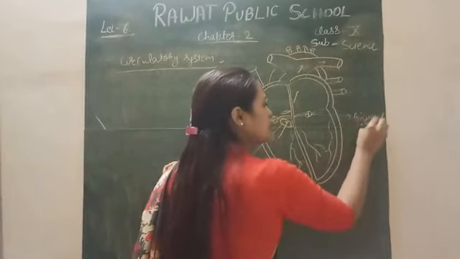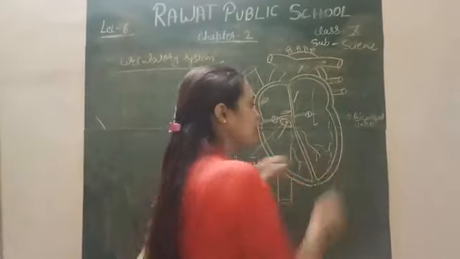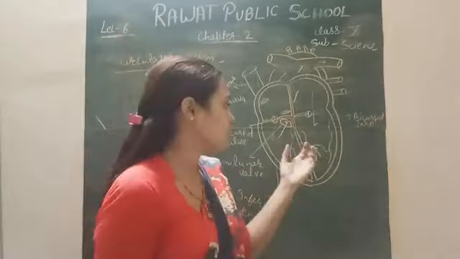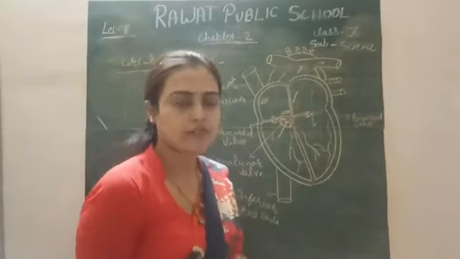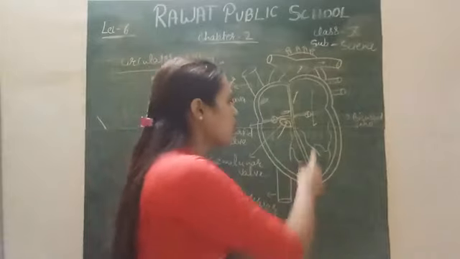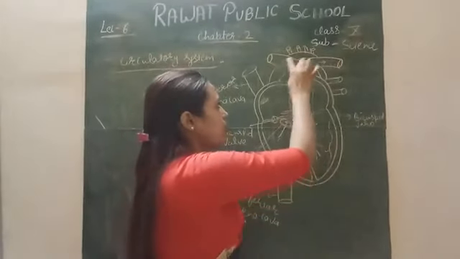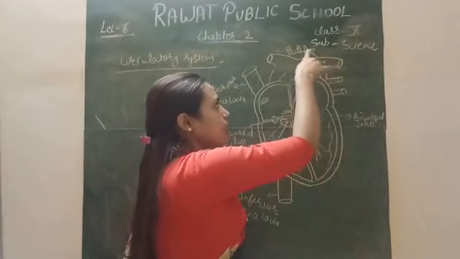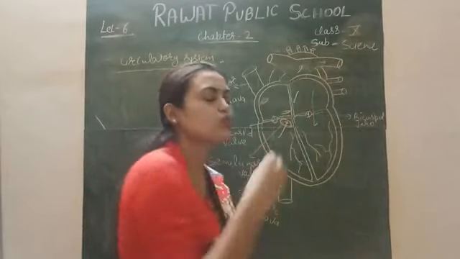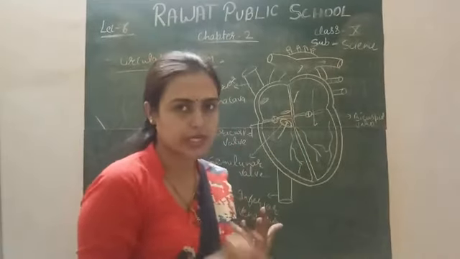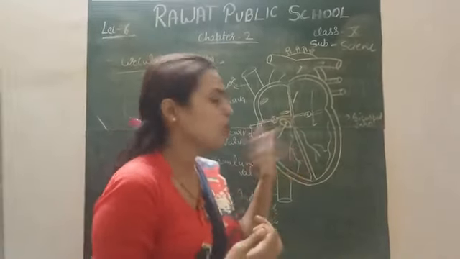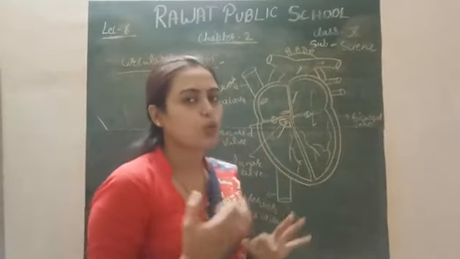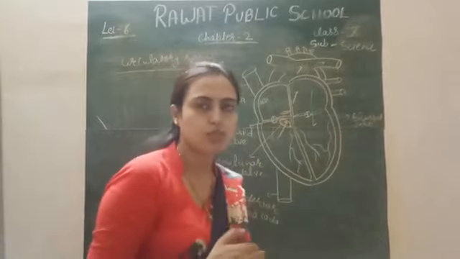The bicuspid valve opens and the blood goes into the ventricle. Again, there is no backflow of the oxygenated blood from the ventricle to the auricle, from the left ventricle to the left auricle. From here the oxygenated blood goes into the largest artery, called the aorta. From the aorta, various small capillaries are present. From these capillaries it goes to the different body parts where the oxygenated blood is required. That is how our heart acts as a pumping organ. This is the way I have told you how the blood comes from the body and goes to the body.